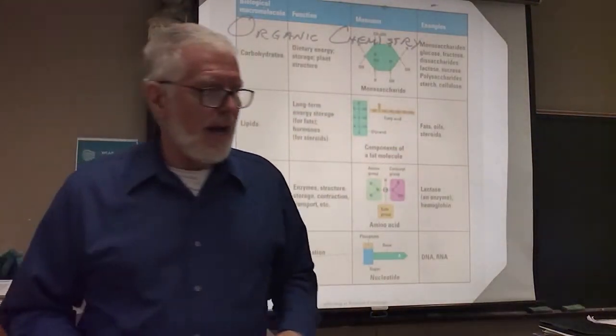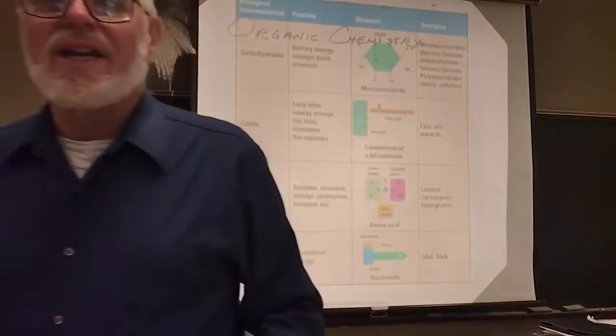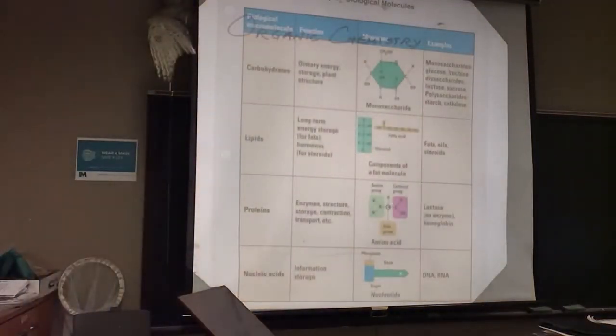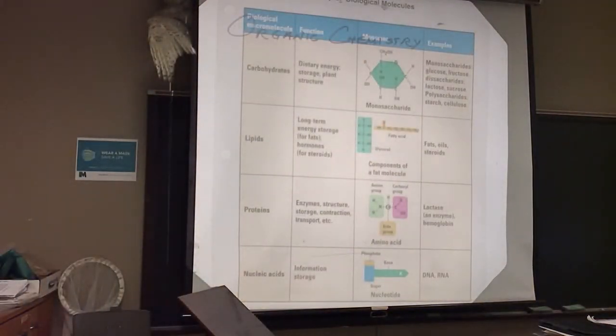There's 4 major classes of organic compounds. We're going to go through them one at a time, but I've got them up here just as kind of an introduction. We've got carbohydrates, which in their simplest form are these little rings. And we'll talk about that. These are sugars and starches. We've got lipids, which are fats, oils, and steroids, and other things other than that. They're a very short string with long strings attached. Each one of these carbons would have a long string attached.